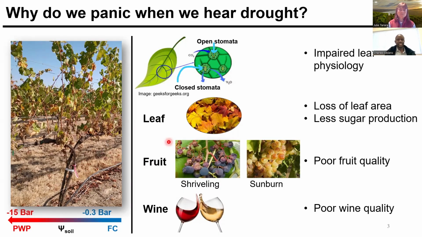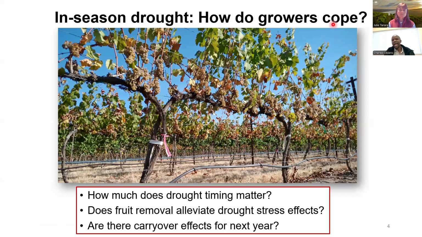Having said that, all right, so we move to next. We have problems with in-season drought. How do the growers cope? And some folks may ask, we are under irrigated viticulture. Why are we thinking about in-season drought? And this is because